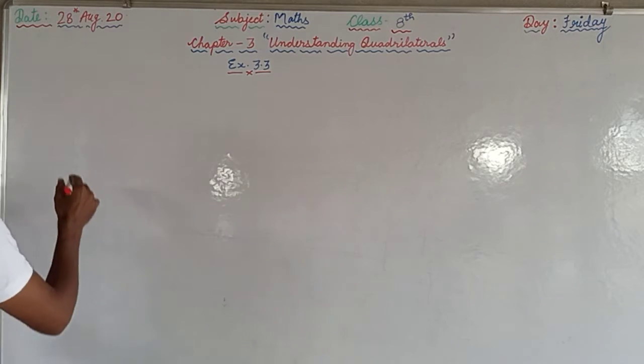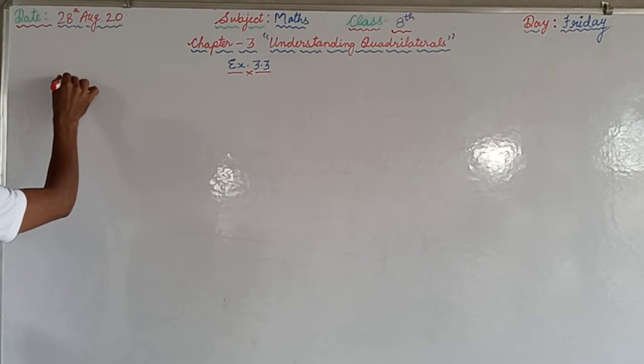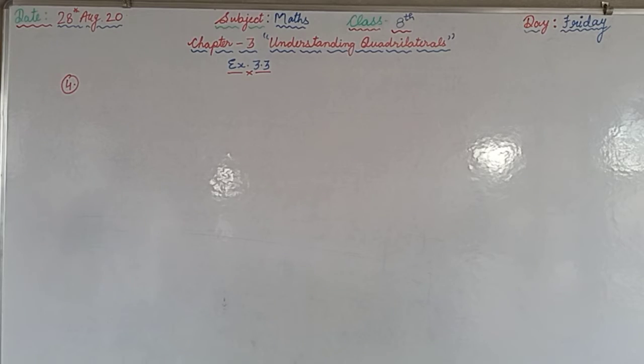Question number 4. In this question, draw a rough figure of a quadrilateral which is not a parallelogram but has exactly two opposite